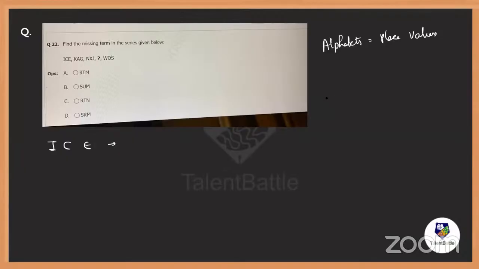I will tell you some of the rules to remember. I is actually 9. How to remember 9? When you write I in the cursive manner, it's like the number 9. So I is 9. Now, E has 5 lines in it, so E can be 5. Next is K, A, G. K for Kings 11 Punjab, so K is 11. A is 1. G, we already have a 7 inside it, so G is 7, everybody. That's how I remember.